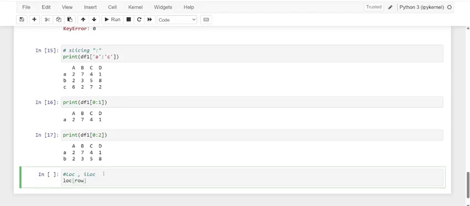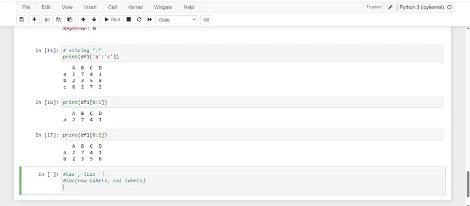We have to provide the row labels here, and of course the column labels. If you want to select a single element within the data frame, you first specify the row label and then the column label. So kindly just have a note of it. Let me apply it, loc first, and here is our data frame.